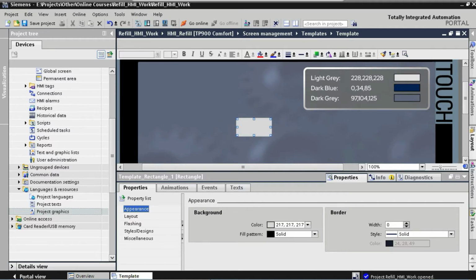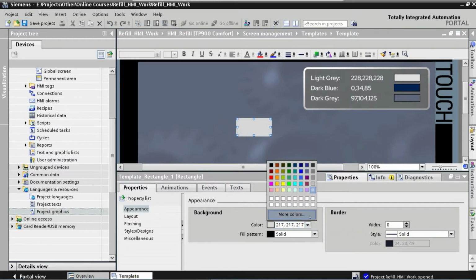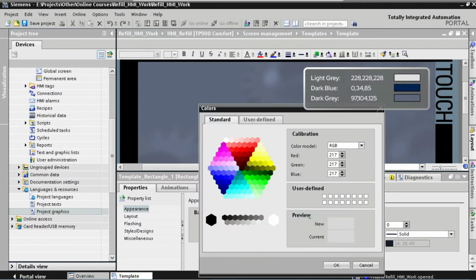Since we are going to use these colors quite a bit throughout the application, let's add them as custom colors to our color palette. We do this by opening the color palette here and selecting More Colors. Our light gray color has the RGB code 228, 228, 228, so we enter those values for red, green and blue. And then we save this custom color by assigning it to the first color slot here in our user-defined